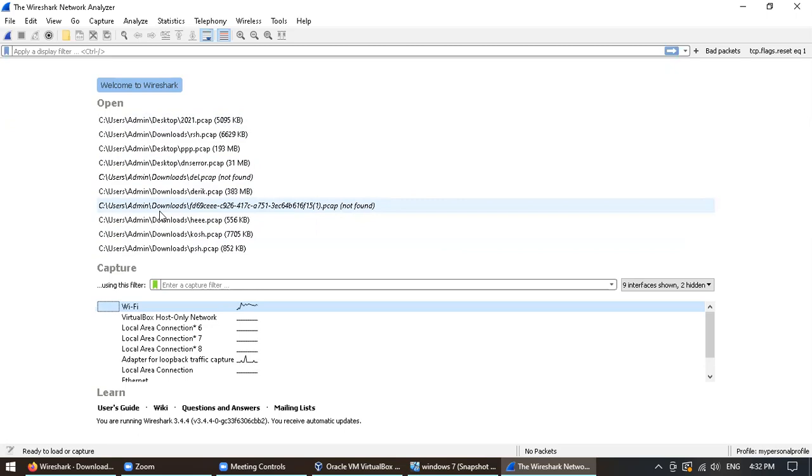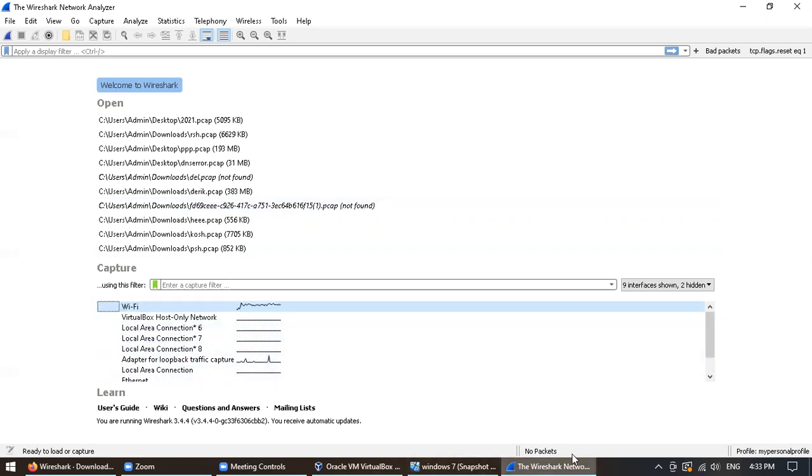You can use multiple save options, so I have saved them in pcap format. Wireshark will detect those saved pcap files and show them if you want to load any one of them.